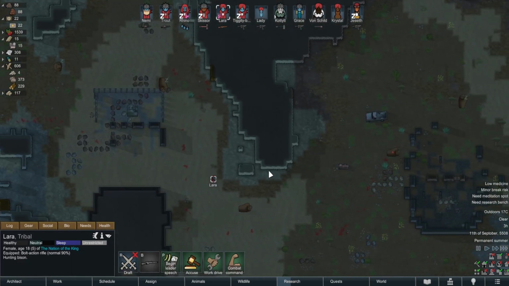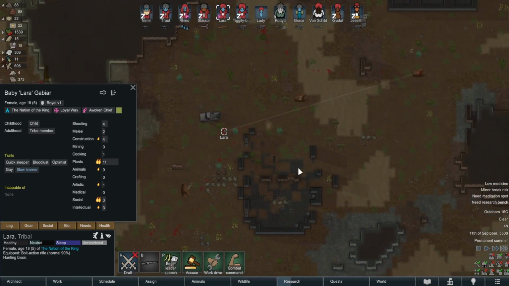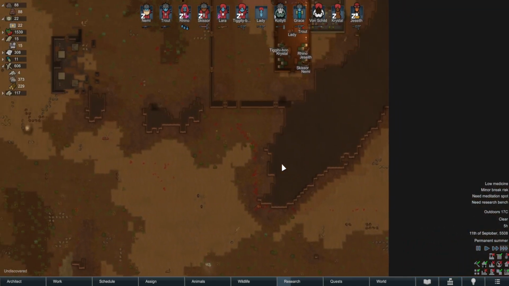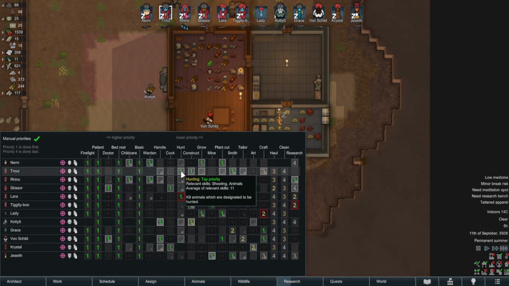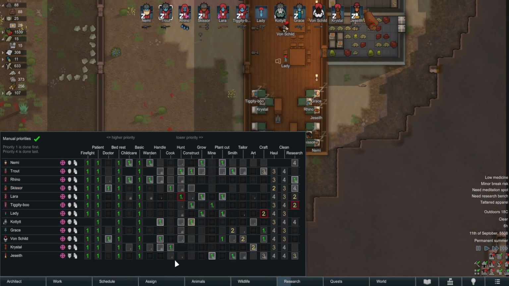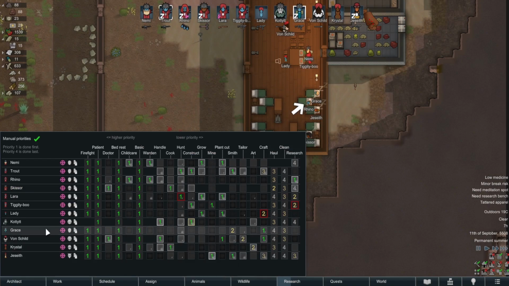I hear Laura just like... I probably could put some more people on hunting, in all honesty. So I'm going to put Trout on there, because it's going to get our shooting skill up at the same time. And if we've got more people hunting, not only are we going to be able to do it quicker...